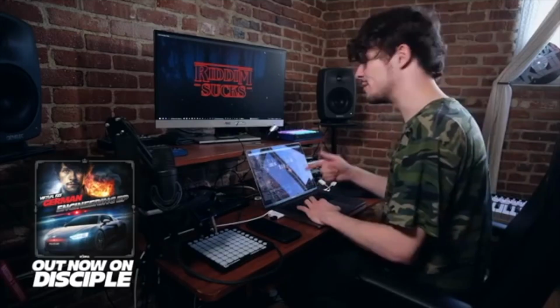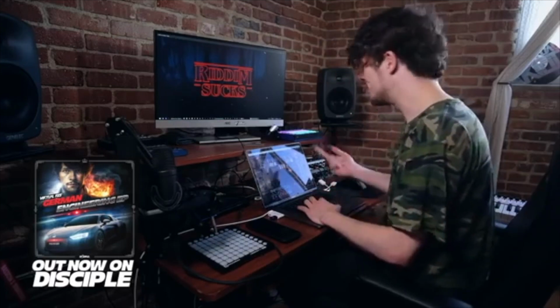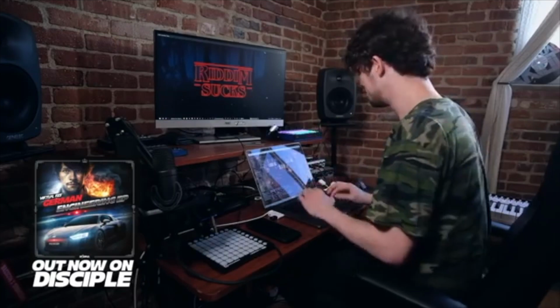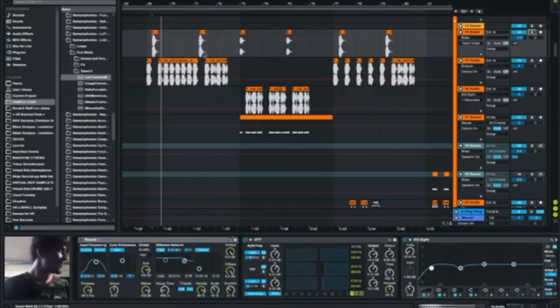Again, stuff from Purple Lamborghini. Also, this is the Purple Lamborghini yoink. I know it sounds like the Purple Lamborghini yoink because this is a Purple Lamborghini yoink. I tried to make a Purple Lamborghini yoink, and this is the result. I just sampled it. Just want to make that clear.